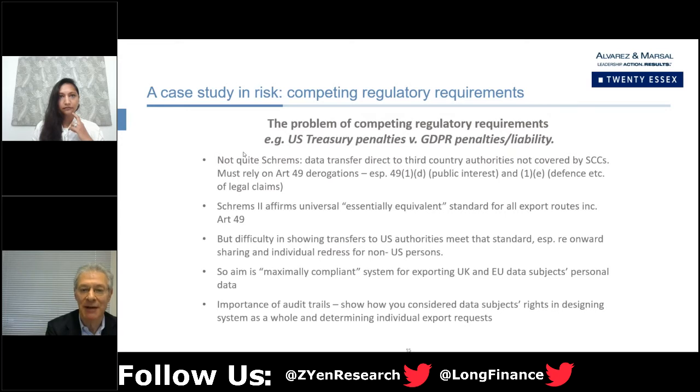That is transparency, ensuring that you've told everyone, not just data subjects, but your National Data Protection Authority, how you're going to comply, how you're going to take rights into account. And what's important is audit trails, not just in terms of how you've set up your decision-making structure, explaining where the decision points are going to be, explaining how your staff are going to balance the demands from the US Treasury against the requirements of data protection, but also when you're dealing with an individual request about individual data subjects' information, keeping an audit trail, showing how you struck the balance, showing how you've decided whether the balance favors passing on that information. So audit trails at the macro and micro level are the key to transparency, and that's how you're going to